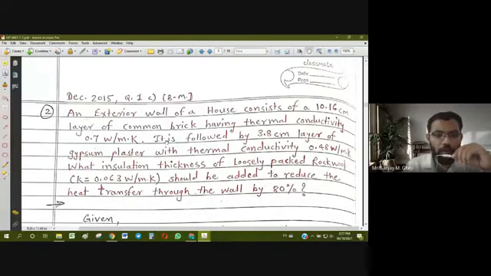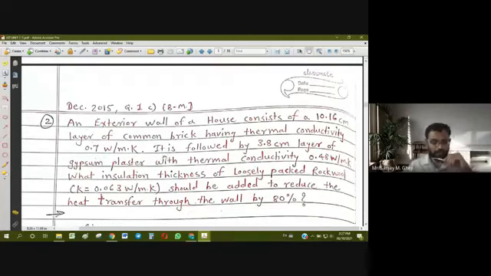So, an exterior wall construction of a house or room is given. It has two layers, one of common brick and the other of gypsum plaster. These are common building materials, and their conductivity values and thicknesses are given. Now, the existing wall has to be covered with a layer of insulation of this material, loosely packed rock wool, having very low conductivity. As you can see, K is very low, 0.063,